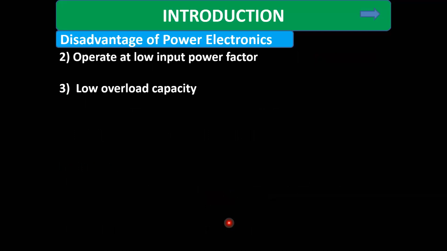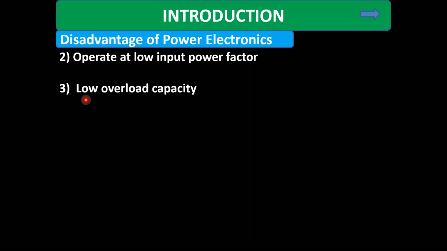Another disadvantage is that it operates at a low input power factor. When we apply some amount of voltage, the total current flowing from the input is not in phase with the supply voltage, but is out of phase. We have to bring the current shape towards the source voltage or the load voltage, and therefore it produces a low input power factor. Though there are some components present to improve the power factor, we need the overall power factor to go towards unity. But it is really difficult because the power electronic switches introduce harmonics.